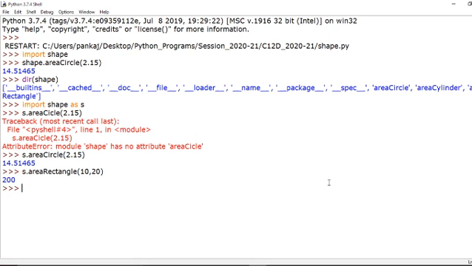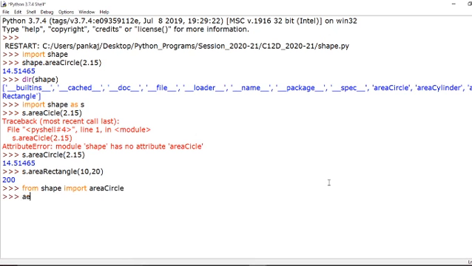Now coming to one more advanced command. Here I am writing import shape. That means all the three functions are included in this program. Now we can also use from library name, and then we can call the function name. So at that time we need not use shape, or we need not use its alias. See this example. Now I am writing from shape import, and now I want to use area circle. Got it? Now see, very simple.